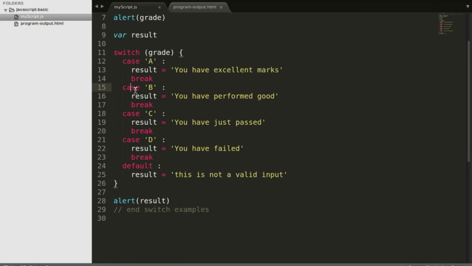Then I've written case B, which says the result is you have performed good. So what basically this program says is, if the person has got A grade, you have to write this message. If he has got B grade, you have to write this message. If he has got C grade, you have to write this message. For D, you have to write this message. And if none of these cases are true, then you have to show them a default message that this is